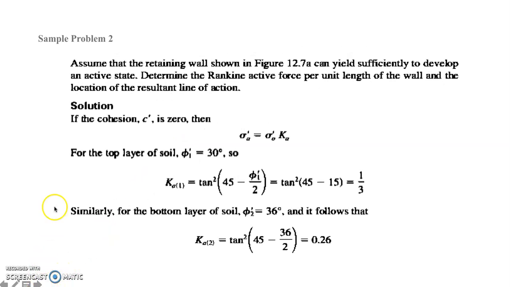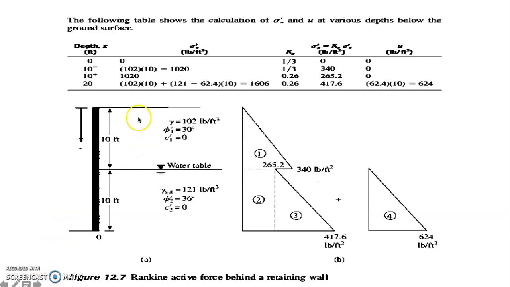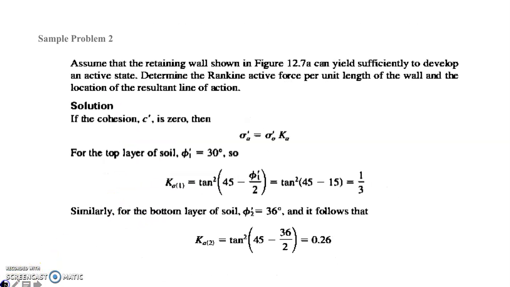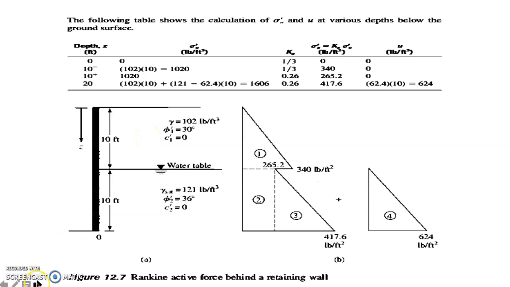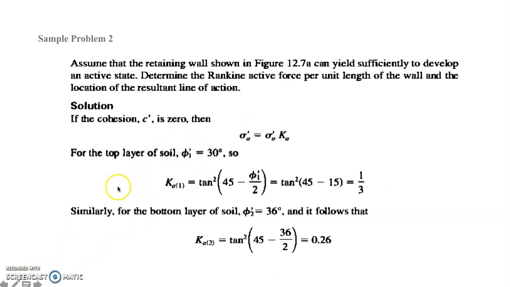So we have here another illustration. Assume that the retaining wall can yield sufficiently to develop an active state. Determine the Rankine active force per unit length of the wall and the location of the resultant line of action. This is our illustration for the retaining wall. There is the presence of a water table. From this illustration, our equation is 0 above and below the water table. So we have to compute first